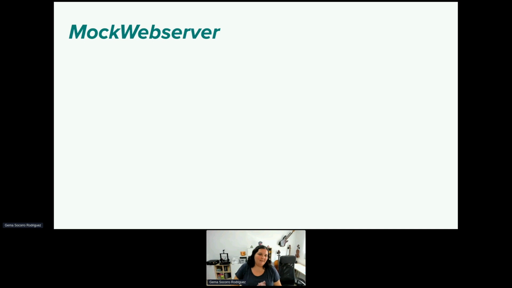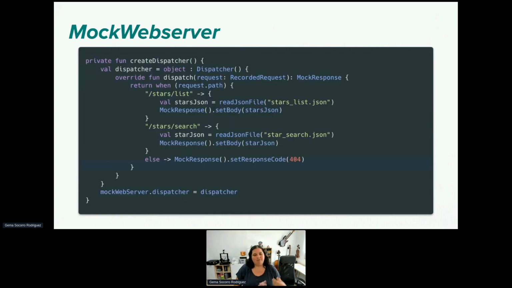For example, in the case of MockWebserver, we can create a dispatcher where if we are checking this endpoint stars/list, we are going to provide this JSON as a default response. Every time the app attempts to go to this endpoint, it will get this JSON.